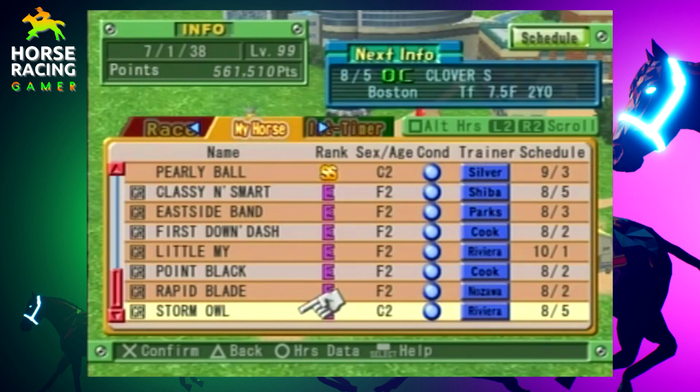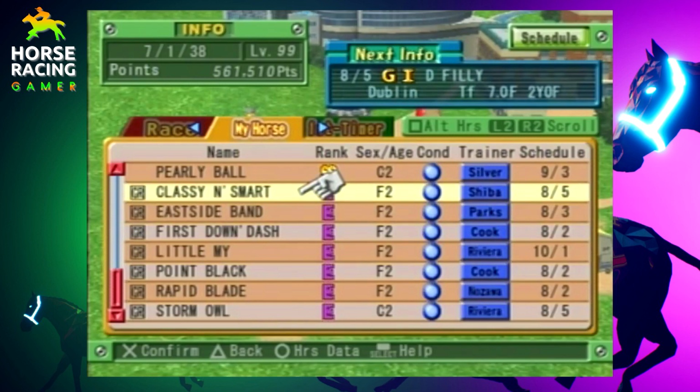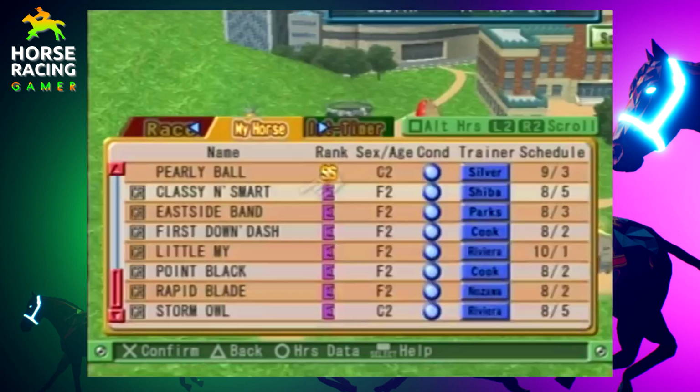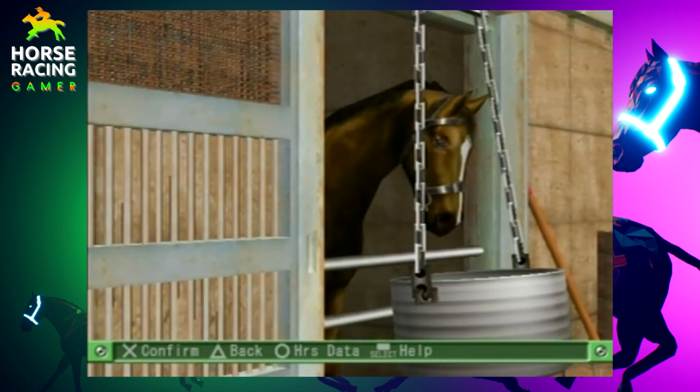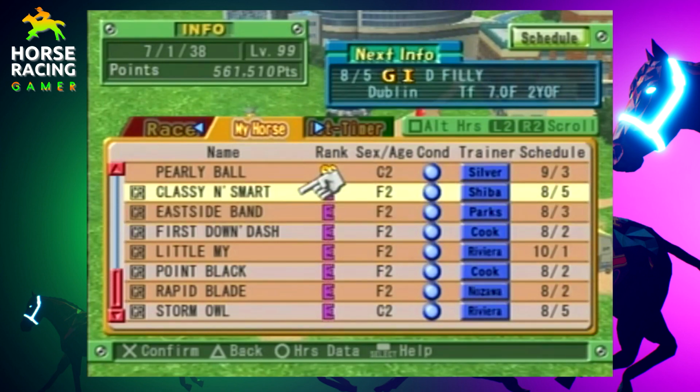Didn't really get any other suggestions for the other horses, so I guess I will just go ahead and do those. Everybody is already registered for a race, so realistically I just need to focus on the horses that are racing sooner, which is pretty much all of them with the exception of Little My. How